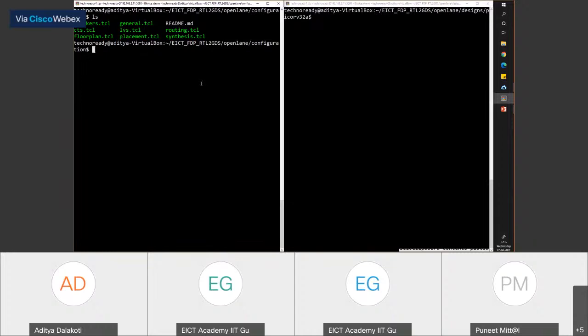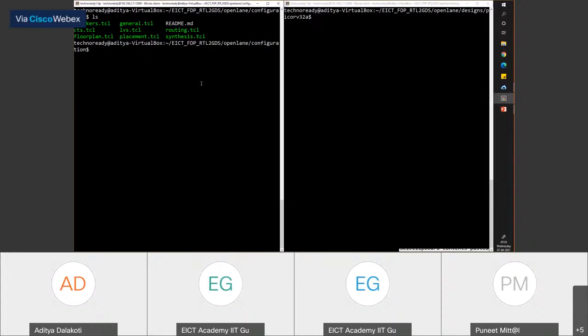For the next 15-20 minutes, we would like to understand first what the different density options and size options mean, and then how you can change them based on your design. So I want to explore that from the configuration files. Then I would request you guys to run the flow again from scratch and try to see if it made a difference. Okay, so that's how we'll target this.